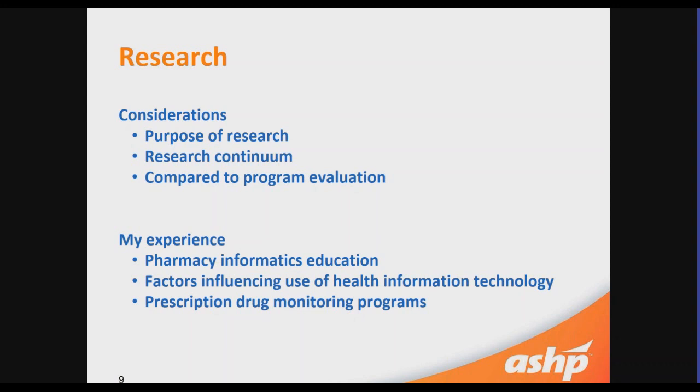So program evaluation is when we take research methods from the social sciences and then we apply those to the investigation of specific intervention programs. The difference here between research and program evaluation is that in research we're trying to, as I said, create new knowledge for society. But program evaluation, even though it uses research methods, really what we're trying to do is evaluate a single program. And we often see that that's what we're doing with informatics projects, is trying to evaluate